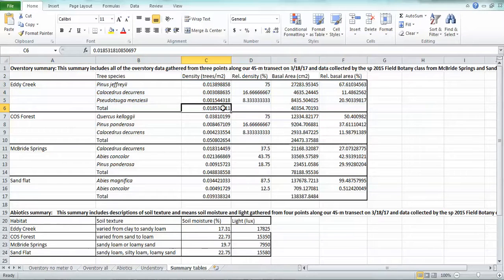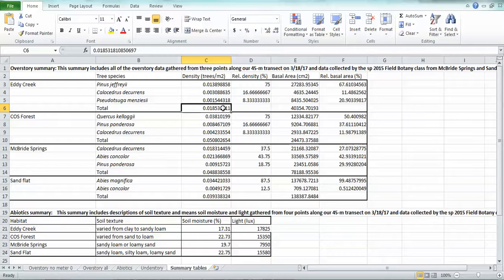This is the total density of trees for that site. To calculate the total density, I took the average of the distance to trees that you guys measured in all 4 of your quadrants and all 3 of the plots that we have overstory data for. So I took the average distance,